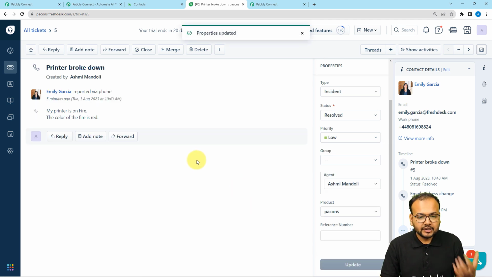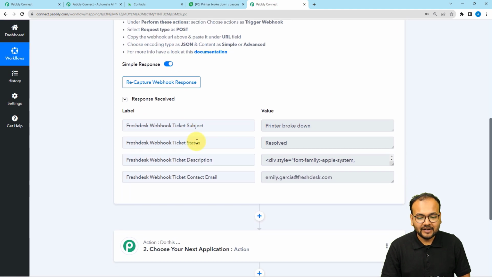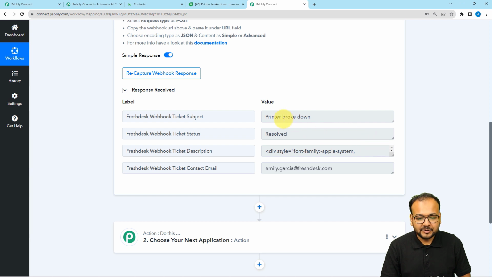So we are just doing this to get the response to set up the test automation. Okay, so the properties are updated. Let's check in our workflow if we got the data captured. And here you can see guys, we have received the data captured like this. It's showing the subject of the ticket, the status is resolved, and this is the email address of the contact